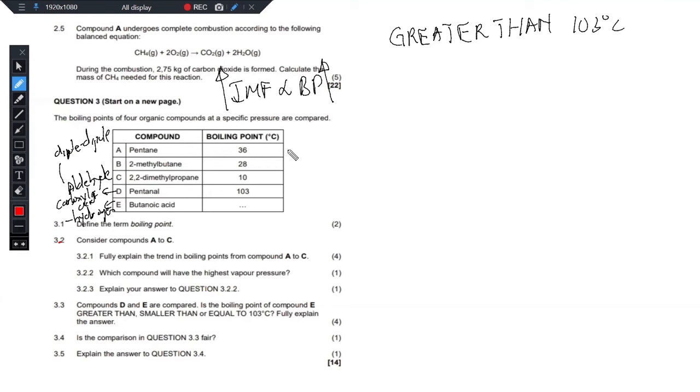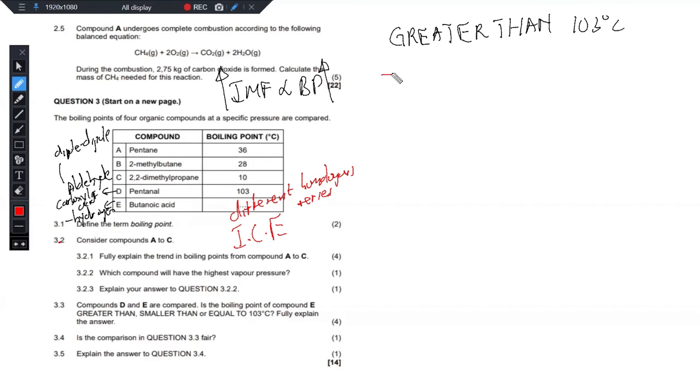Right. Then our explanation, if you can check there now, we are comparing compounds that are in different homologous series. And then I said, if you are comparing compounds in different homologous series, then you have to consider to use the method ICE. So in ICE, you identify the type of intermolecular forces in both those compounds. Then you compare the strength of those intermolecular forces. And then finally, you speak of the energy required to overcome those intermolecular forces. So we're going to say